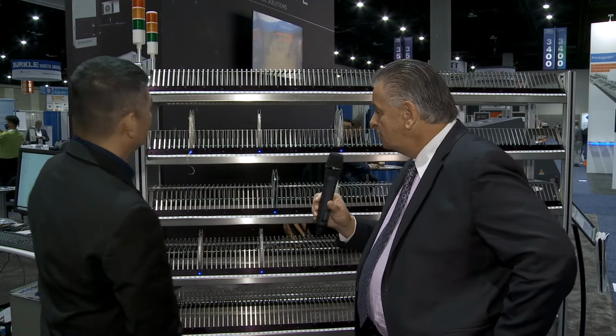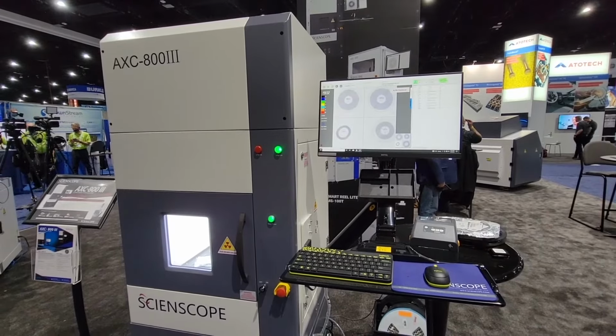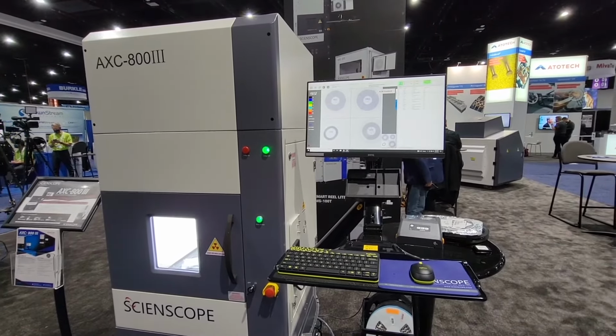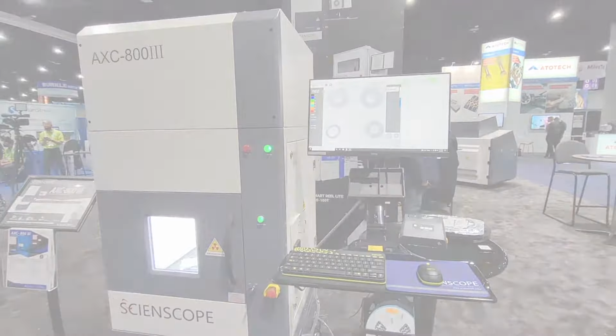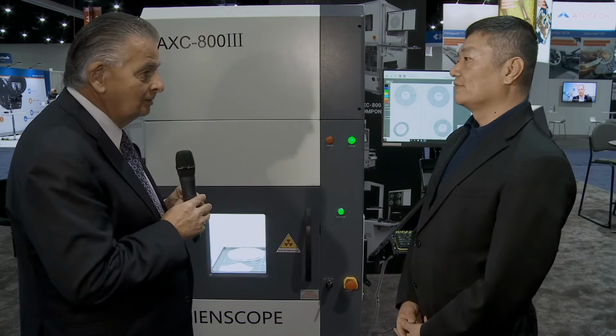Right. Okay. So from here, they go to the line, they're used in the pick and place machine. Then they come back from the pick and place machine and go into the component counter. Correct. So let's go and take a look at that now. Here we are in front of the component counter, the AXC 803. Tell us a little bit about this, Eddie, and what are the key features and differentiators compared to other